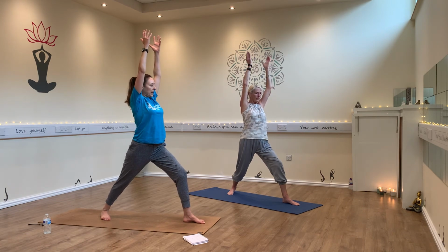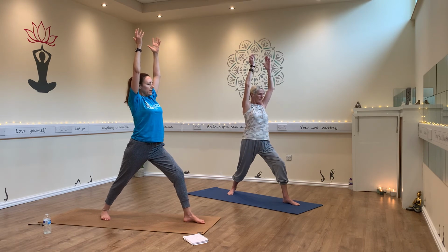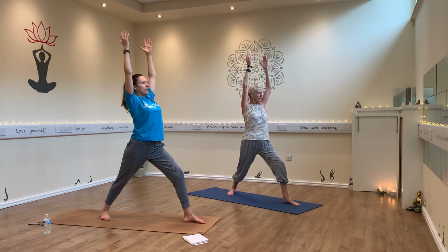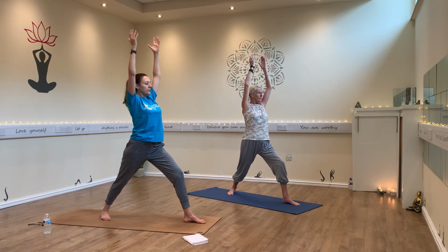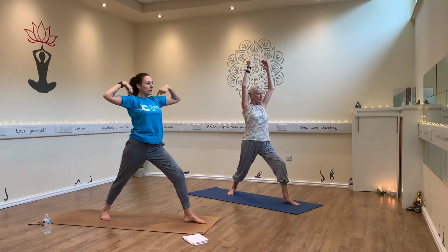And the front leg is bent. Well done. And we're breathing here. Two more breaths. Trying to find space in this pose. And then all we're going to do, keeping the lower body exactly where it is, turn the shoulders without letting